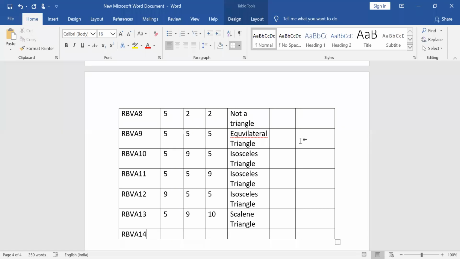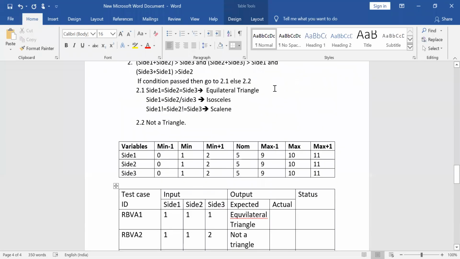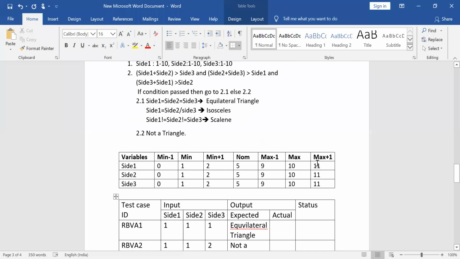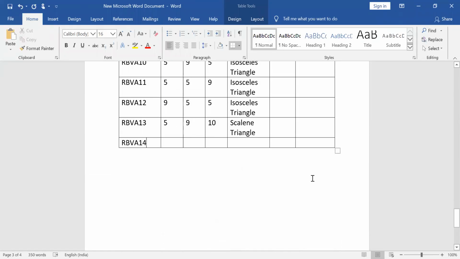How to consider six more cases based on these types of inputs, with respect to -1, +1, whatever it is. You can only introduce one fault at a time. Either you can say 0 or you can say 11 with respect to your robustness. That is what you call the single fault assumption. So if I put 0 over here, the next two should be valid, so I can say 1, 1, no problem.